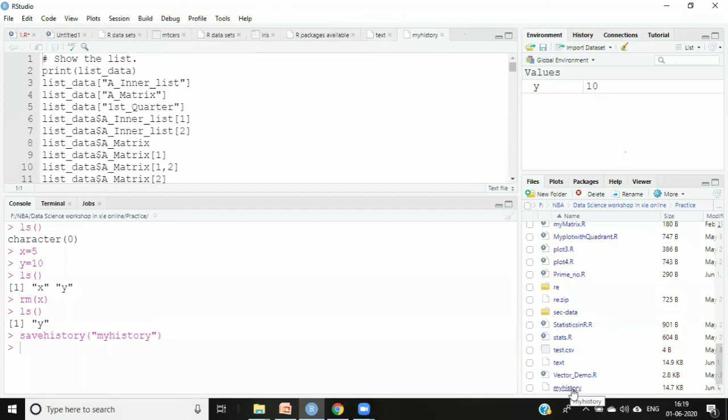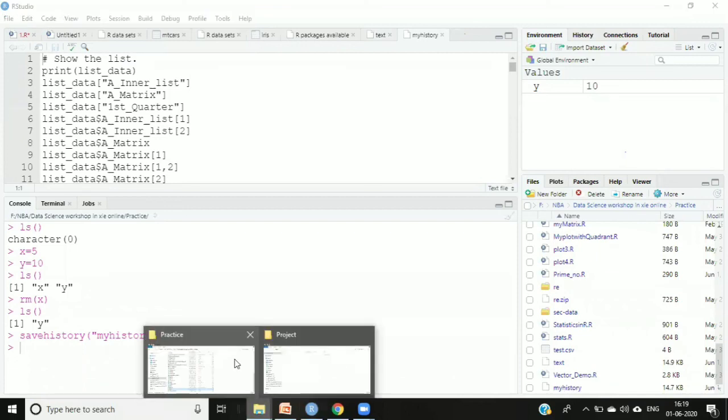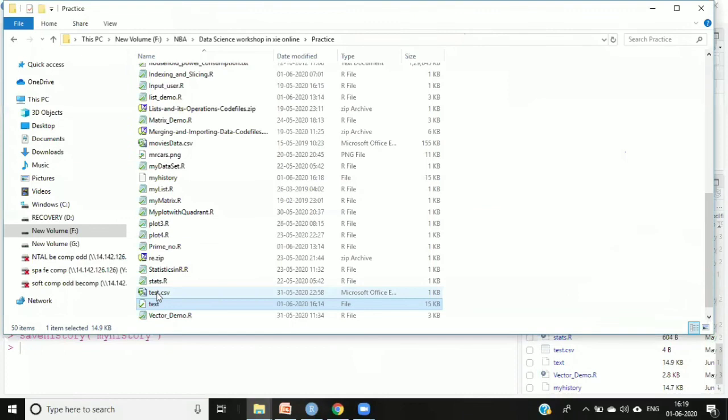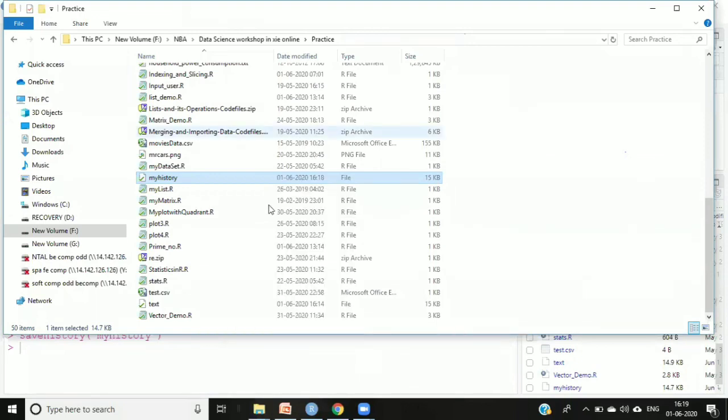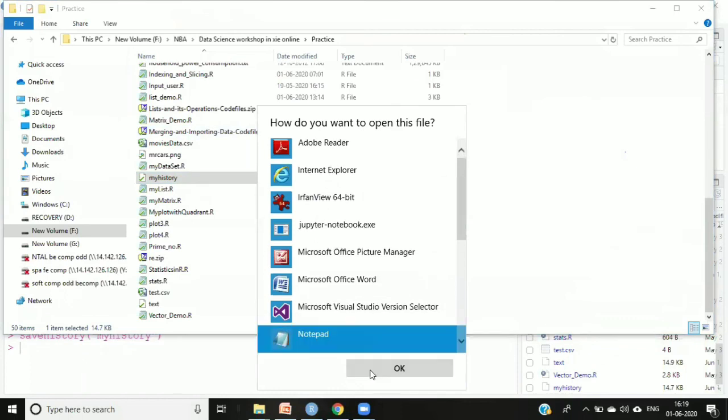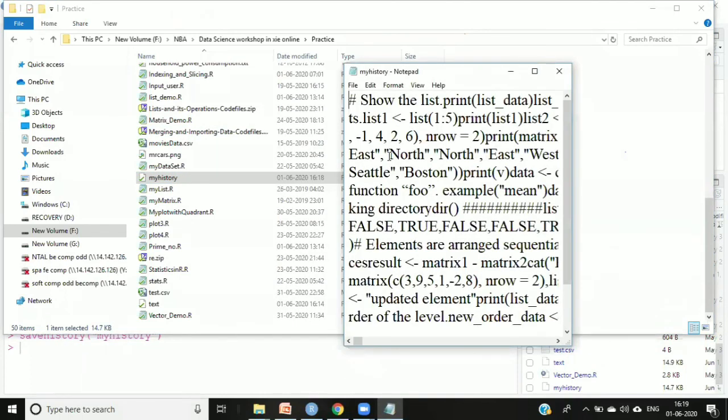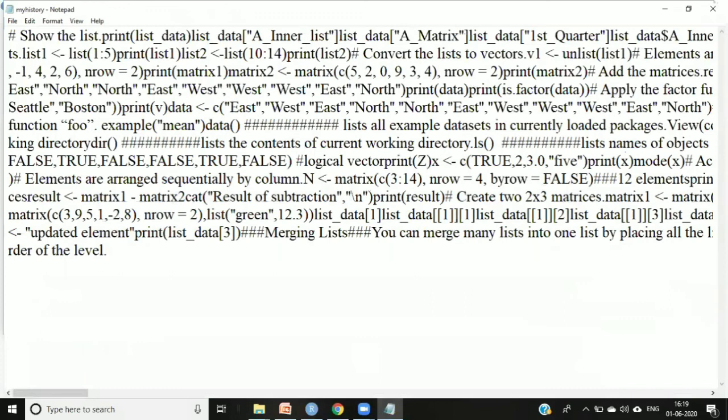So just check it. If you click directly over here, or you can go to that particular folder. This is my practice folder. Here I have my history. Let me check. Yeah, this file. You can open this file with Notepad, and you will see the history saved in this particular file.